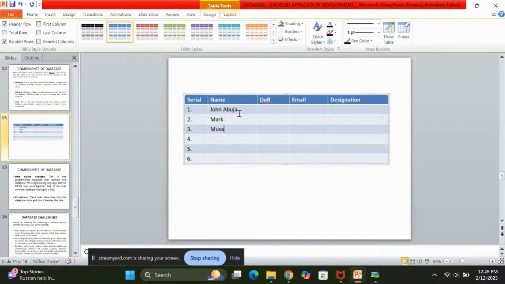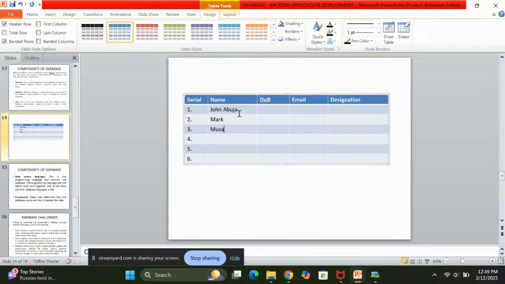What type of data do you want that field to contain? That is one. If it's not a number, if it's not an integer, you will have to specify the number of characters you want to have inside that field. Secondly,